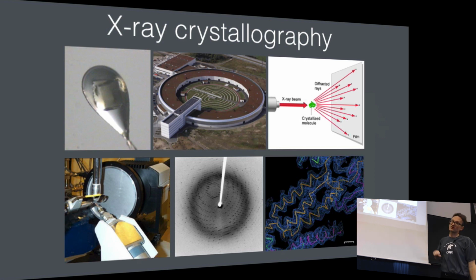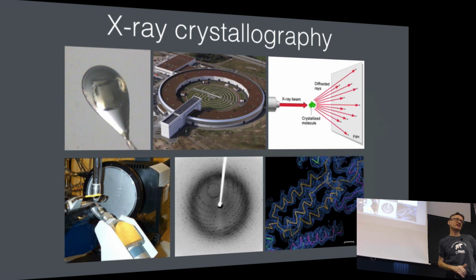And then you use a very large facility like this MAX IV down in Lund, a synchrotron. So you're having electrons rotate around in the ring. And then you use magnets to force the electrons to accelerate, so you're changing the direction, then they're going to cause synchrotron radiation light. So you get very high intensity X-ray pulses. And then you use that and collect the scattered rays.